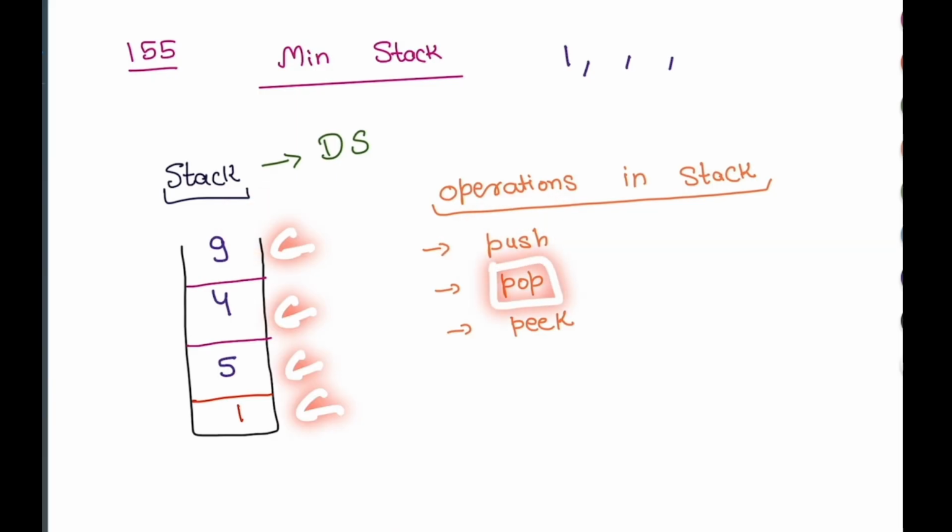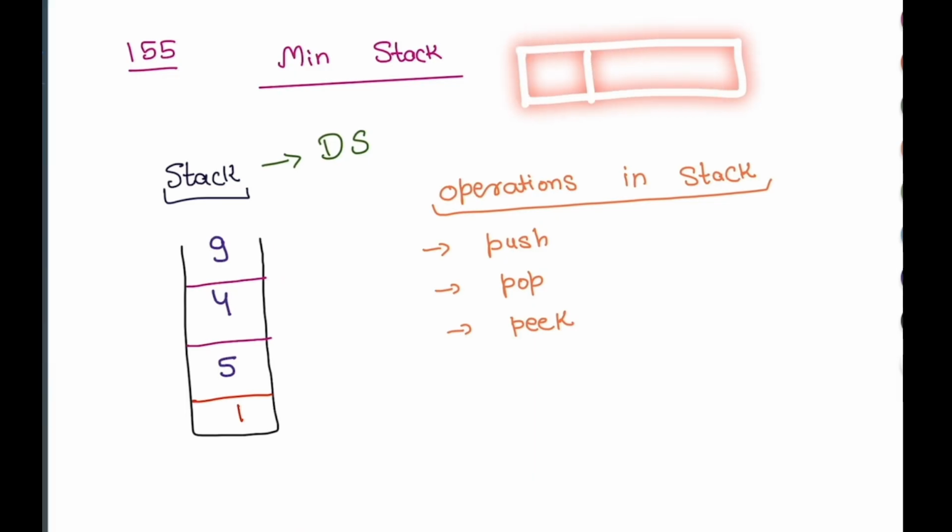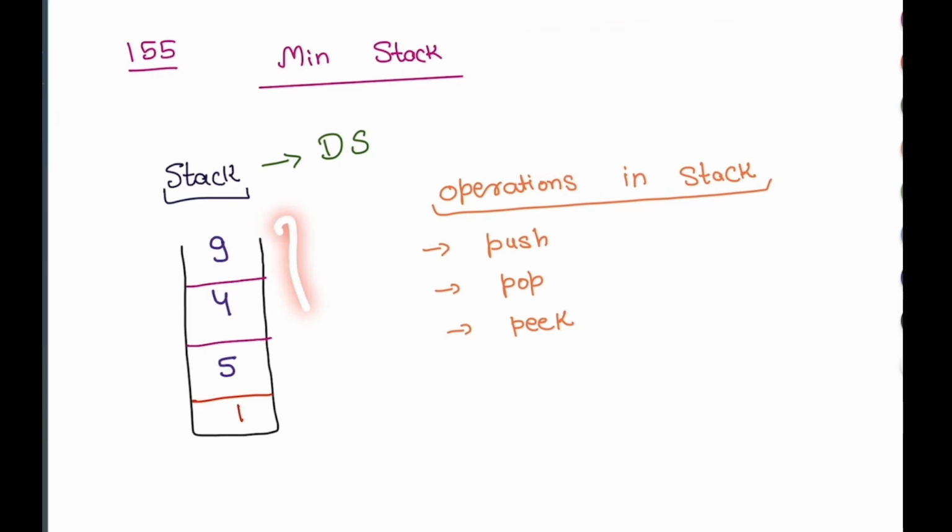What is the pop operation? There is another operation, pop. When you want to fetch any element from your stack, basically when you have an array and you have elements, you fetch the elements using the indexes, right? At index number 0 you have 1. When you want to fetch a particular element in a stack, you have two different ways to do it, using pop and using peek. When you are doing pop, it means you want to remove the element which got last inserted in the stack,